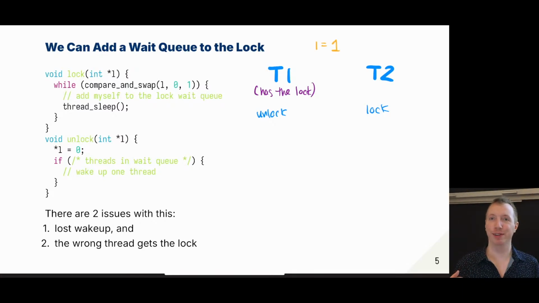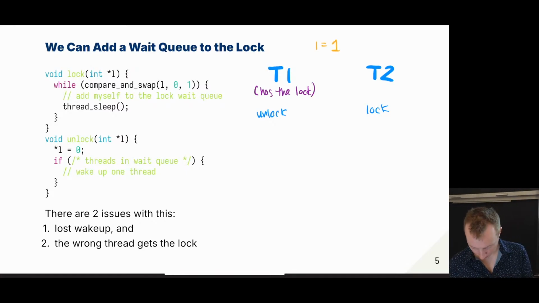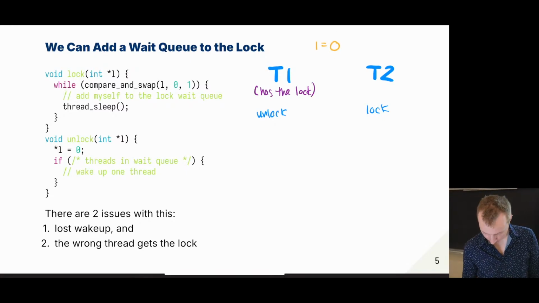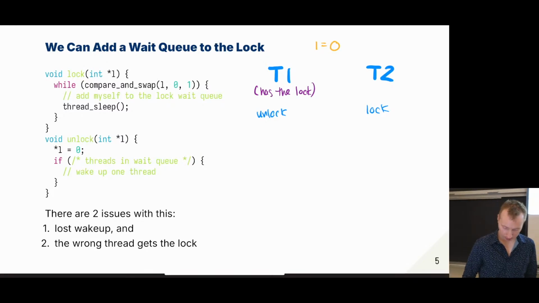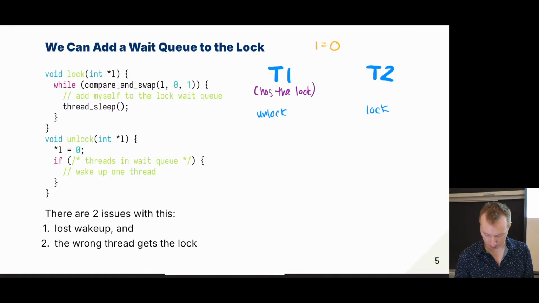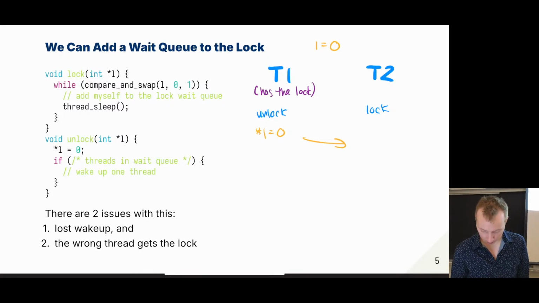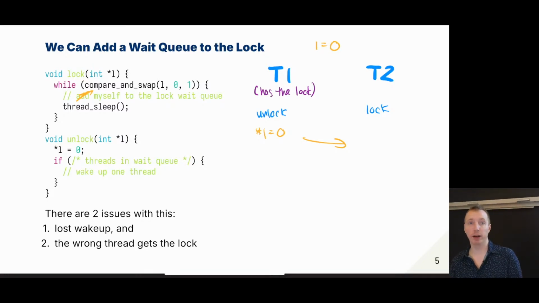Yeah, anyone? Which one? Unlock first. So thread 2 would run first. So if thread 2 runs first, then what would happen is we change the value of the lock from a 1 to a 0. And then, well, if we switch over to another thread, it doesn't really matter if we go ahead, we execute this line, and then we switch to thread 2. Thread 2 is calling lock, so it will do compare and swap first, and then see, hey, the current value of L is